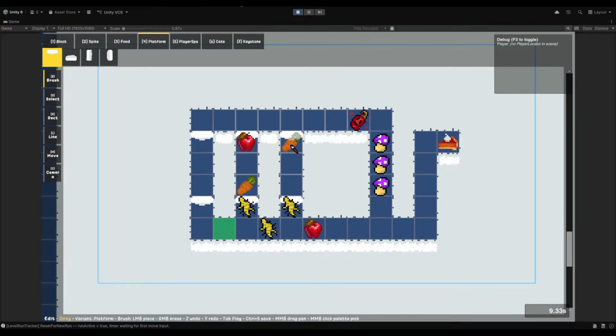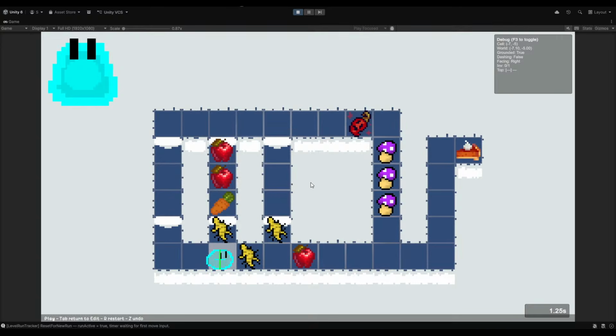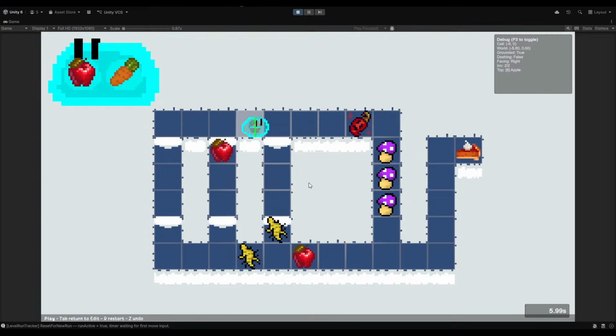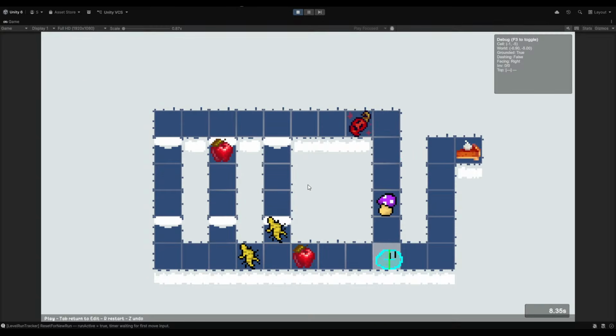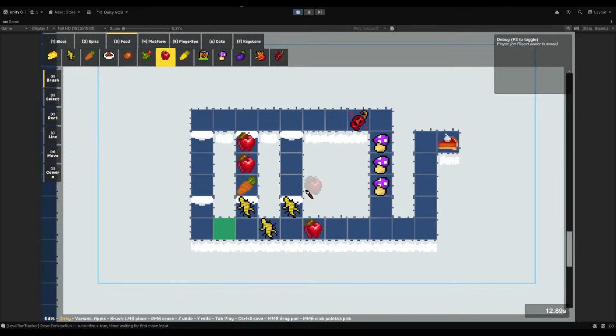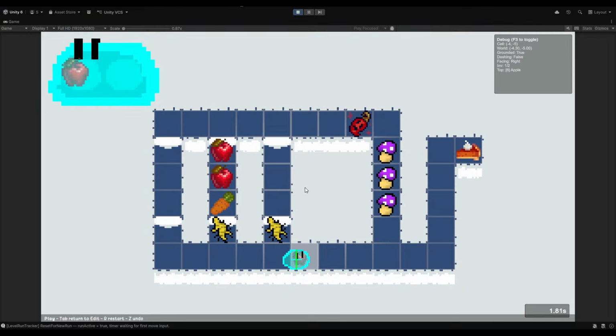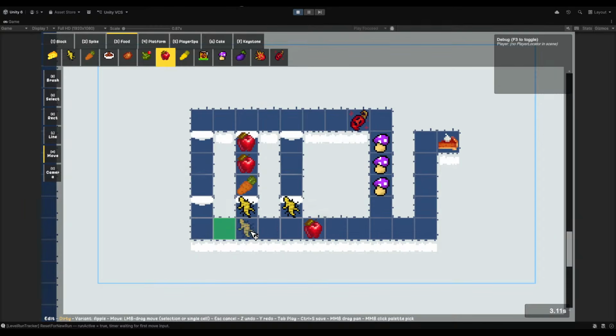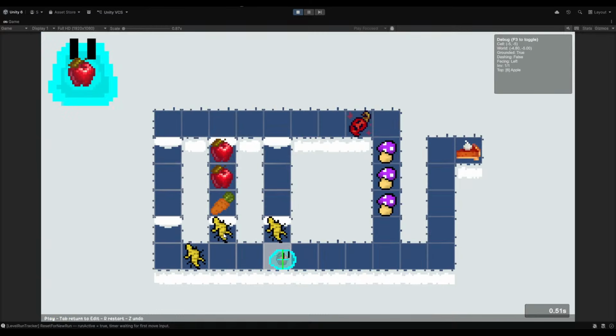What if I put 1 carrot only and then apples here? Now it's bad that we pick up carrot first, because now there's no carrots in the levels to win. Also, you just kind of die here. Is there even a solution for this? Let's see. I think there might be if I do this. No, you still pick up the carrot though, because ginseng carrot.